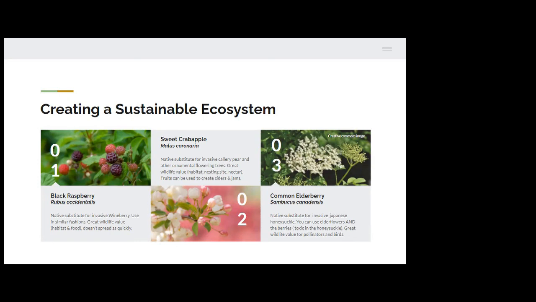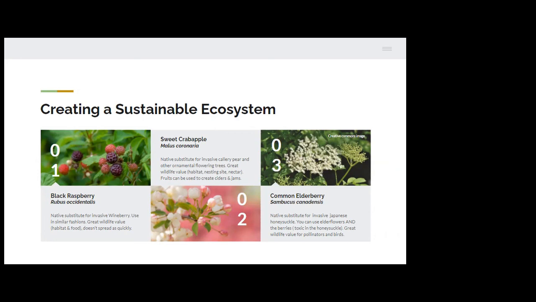If you have a plant, which we didn't talk about, but this is also on the list, an invasive Callery pear, a lot of people like them as ornamentals, but try a sweet crabapple. It is a native species and also provides beautiful flowers. It can range anywhere from a white to pink. So still very beautiful for that ornamental value, but it also provides nesting sites, habitat for wildlife, and still a